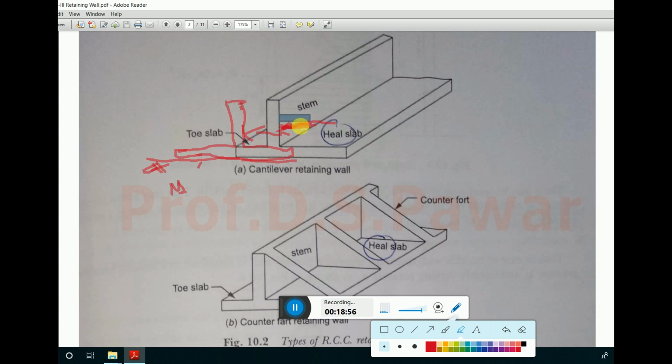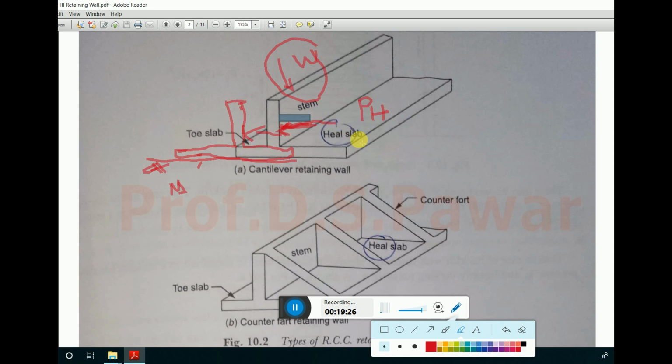And then in that case, which thing is going to counteract this so that the structure should not slide? So the structure's self weight, that is W. Okay, so if we have the value of pH, the total lateral force acting on the retaining wall, the self weight of backfill and the self weight of retaining wall should resist this sliding.